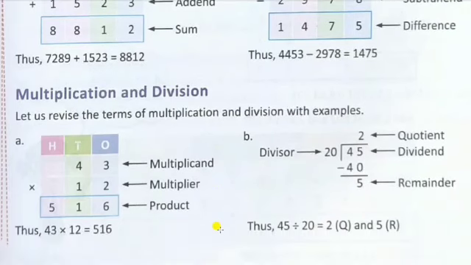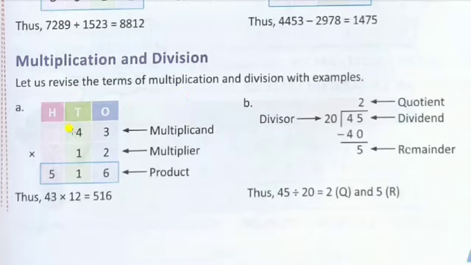Next comes multiplication and division. Again, let us see the process. Already you are well aware. When we do the multiplication of two numbers or three numbers, we always start from the lower, that is, from the ones place. Before starting, let us see what 43 is here. 43 is known as the multiplicand, the number whose table you will be saying.